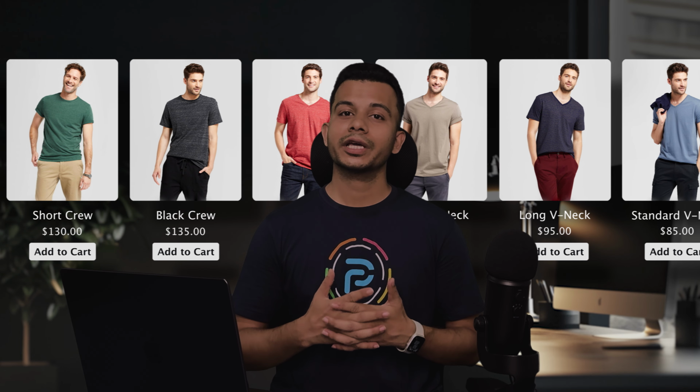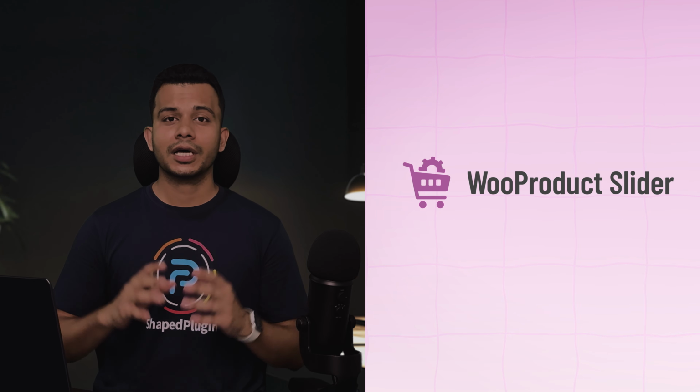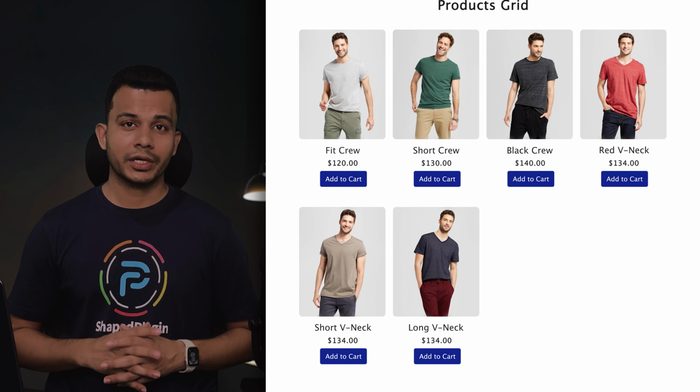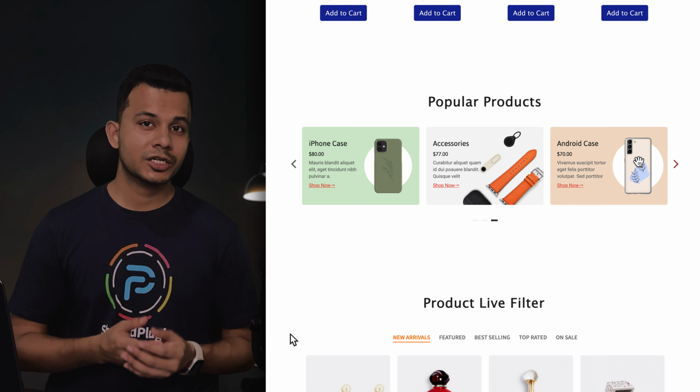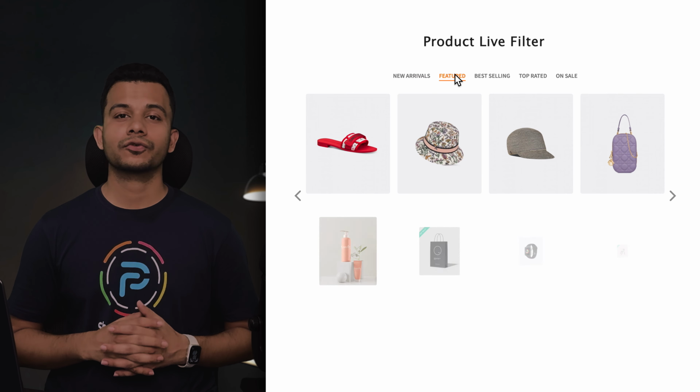Are you struggling to showcase your products in a way that truly captures your customers' attention? Introducing Product Slider, the all-in-one solution for your WooCommerce store. With the Product Slider, you can seamlessly organize your products, highlight popular items, and allow customers to filter through your